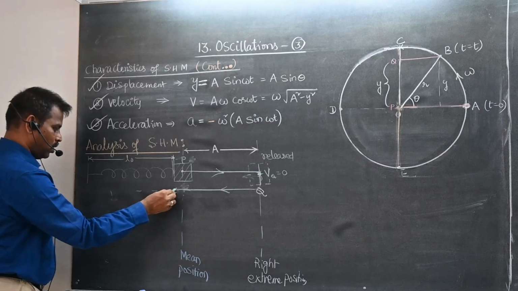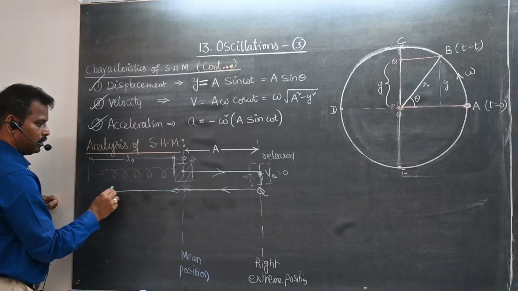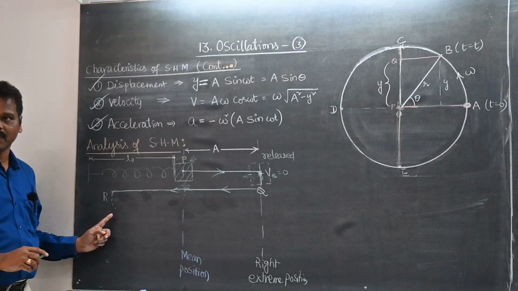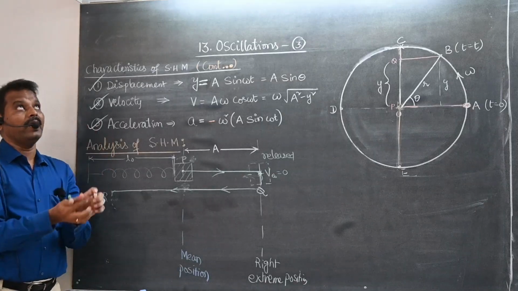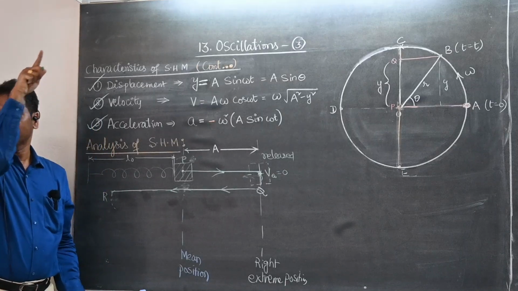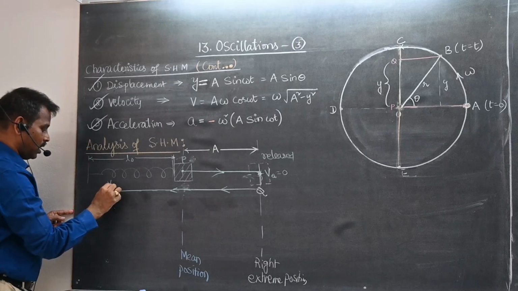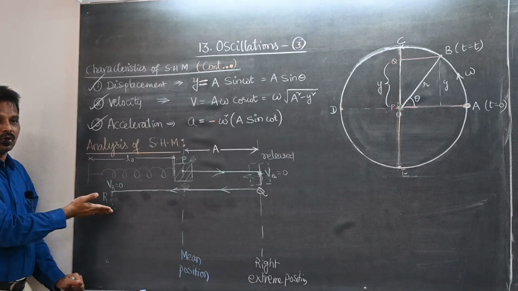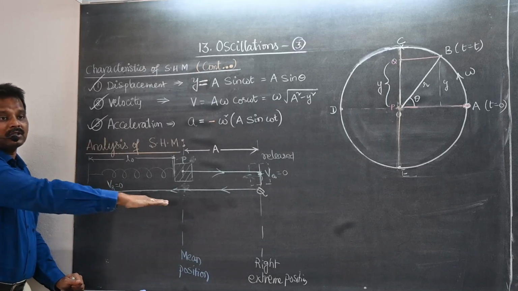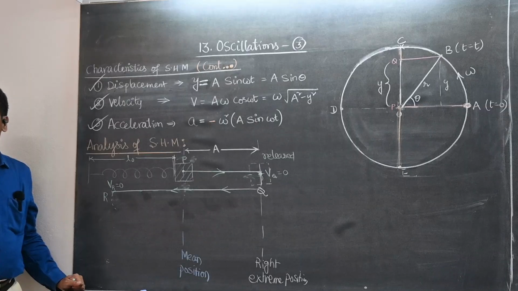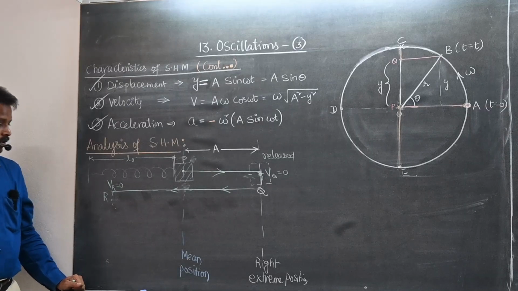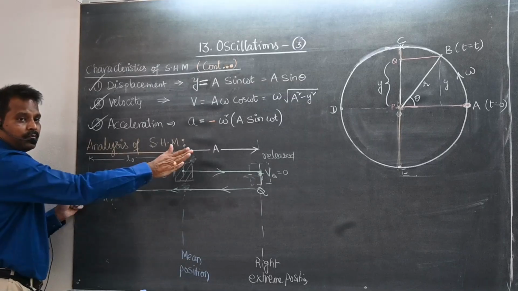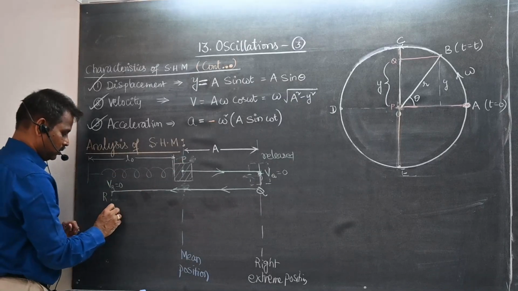So the block will go up to this point P, Q, this is R. Now it is coming back. Why is it coming back? Whenever a body is thrown up, why does it come back? Its velocity should become 0 there. So what is the velocity at R? How much? 0. So once again, after getting 0, it changes its direction. Why is it coming back? Once again due to the restoring force developed in the spring. Now when the spring is compressed this much, it will push the block in this direction.